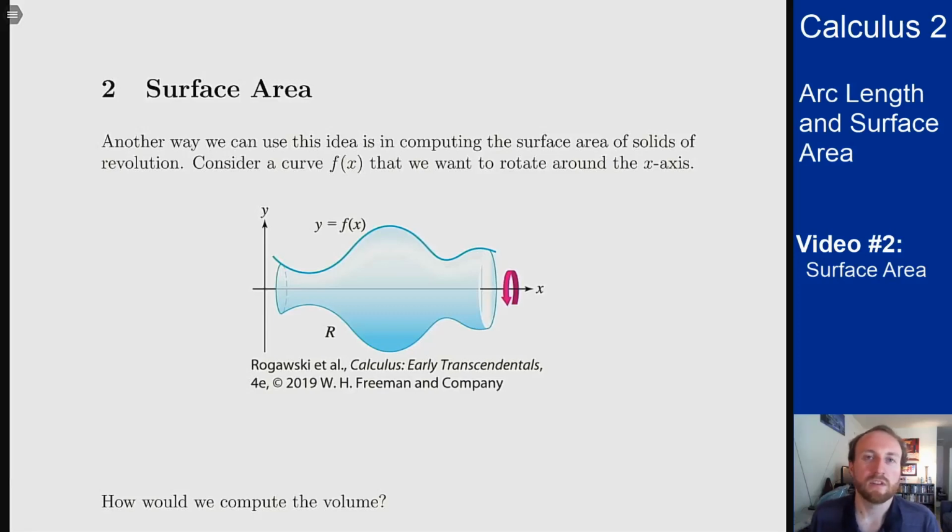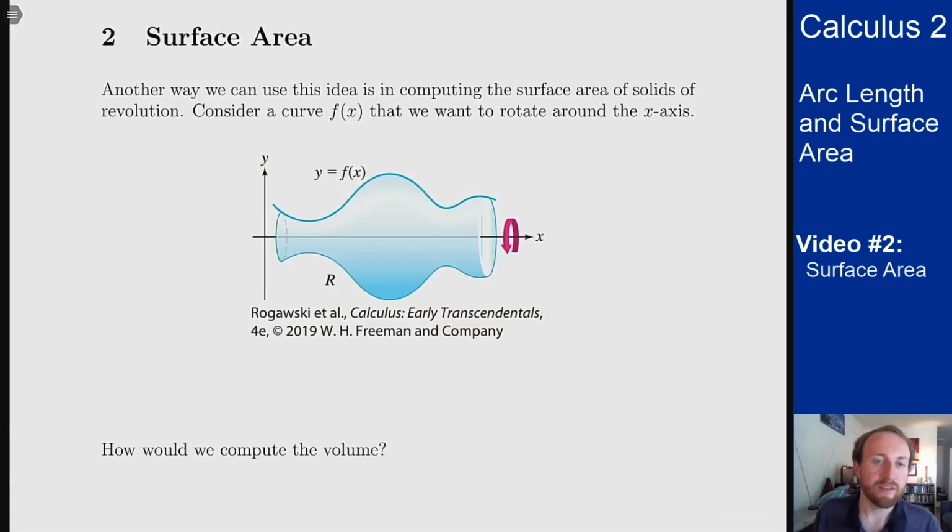In this video, we'll talk about using the same ideas we developed for arc length to also talk about surface area. Another way we can use the same ideas from before is to talk about the surface area of solids of revolution. We talked about their volumes a lot previously, and now we also want to talk about their surface areas. So assume we have a function f of x that we're going to revolve around the x-axis, like this